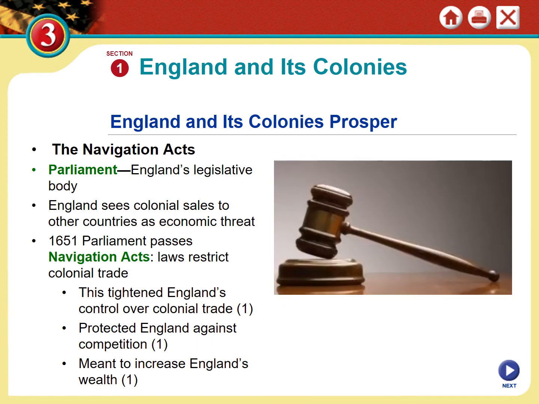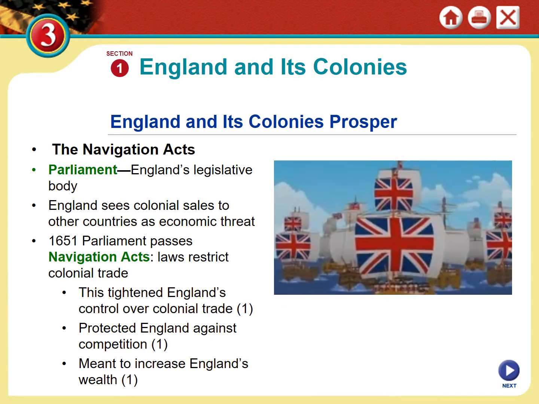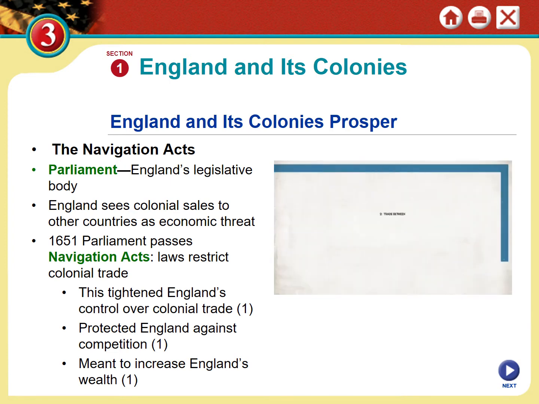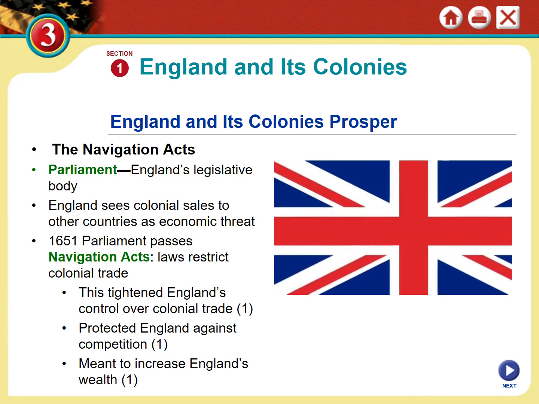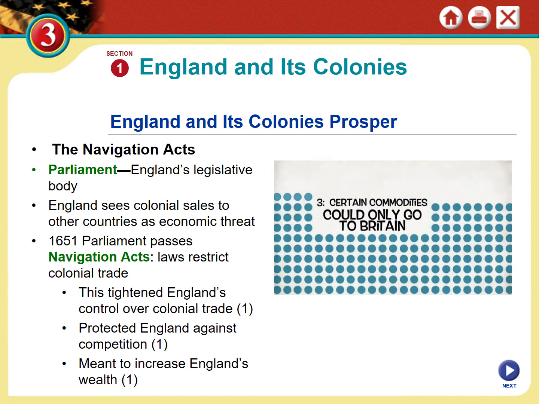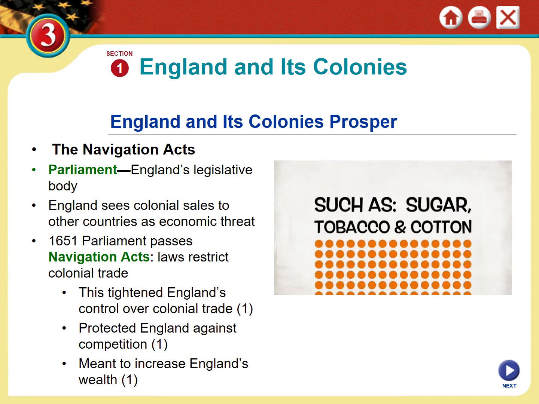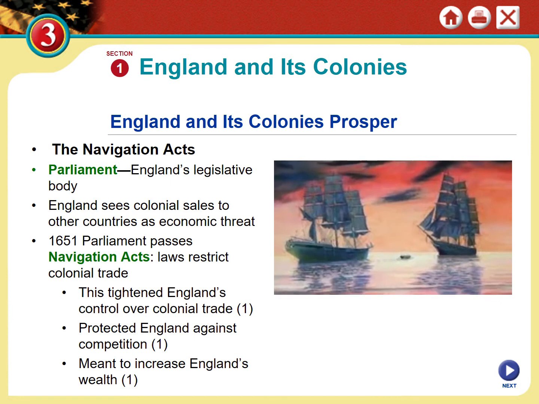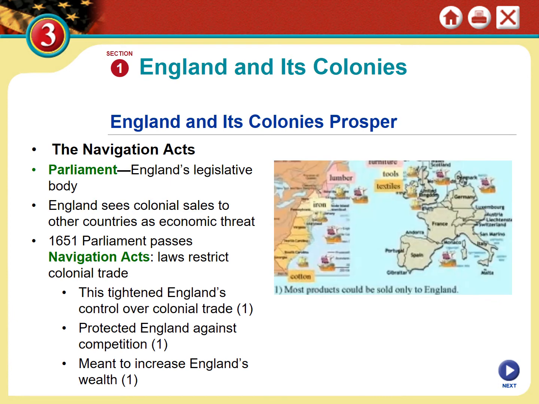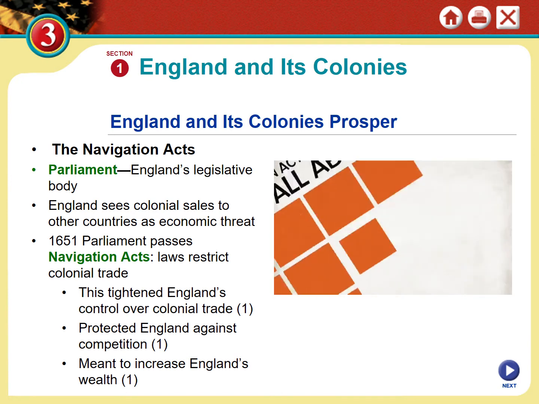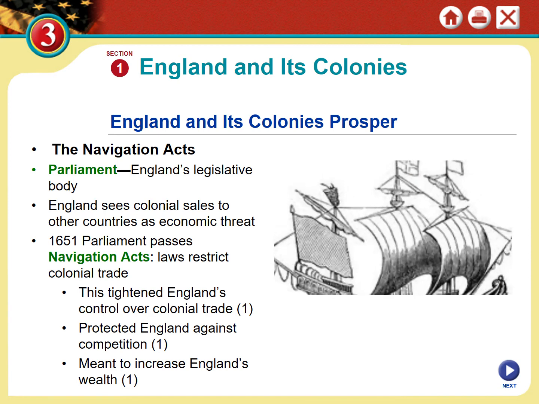of raw materials. England did the same with India. In fact, this very law was part of the reason why India eventually rebelled and declared their independence from Great Britain, because Great Britain wanted to control the trade of the Indians, not Native Americans, but the people living in India, by requiring that Indians purchase English textiles. Again, it was meant to increase England's wealth. It was part of this idea of mercantilism.